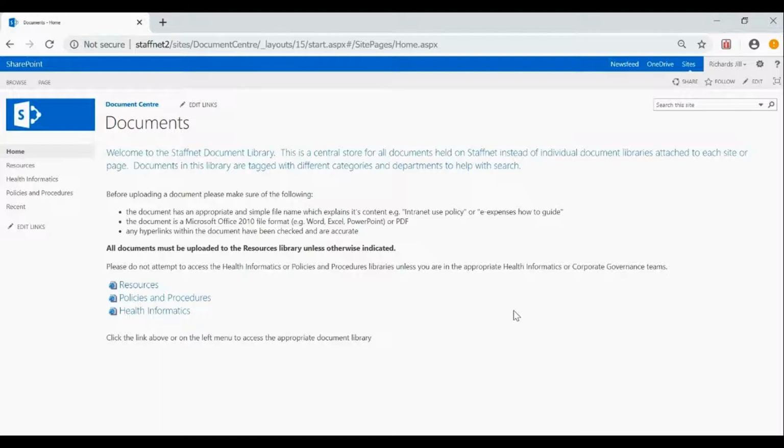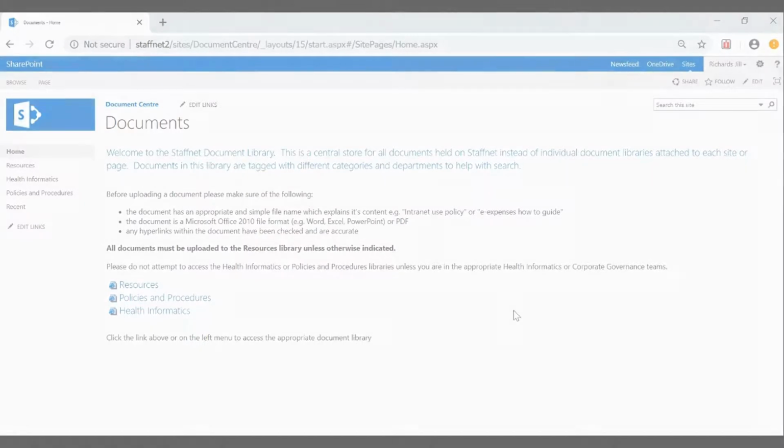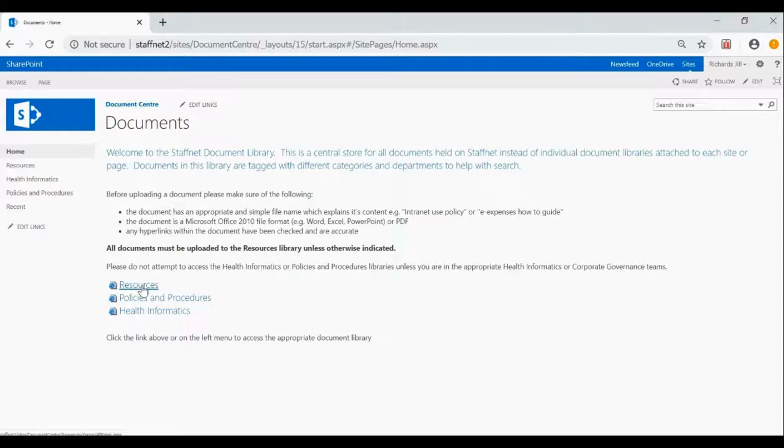To upload a document, you will need to navigate to this document centre, and a link is provided in the Staffnet guide. There are a few main document libraries in here. Resources, which contains the majority of the documents on Staffnet. There is also a Policies and Procedures library and a Health Informatics library, and we ask that you do not access these unless you have the permissions to do so. If we click into here,